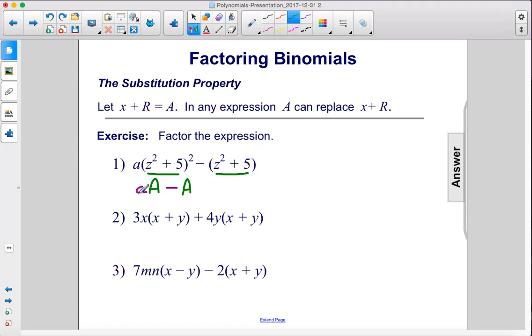Well, we have a lowercase a in this term, but we don't have one over here, so it can't be in the final greatest common factor. But we do have one capital A in each term, therefore our greatest common factor is capital A. When we take A out of here, what are we left with? Well, we have our original expression that we can rewrite,